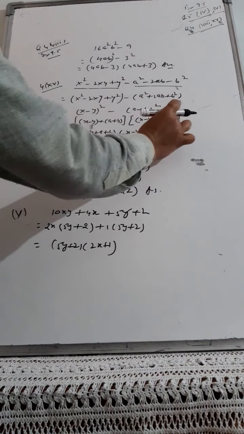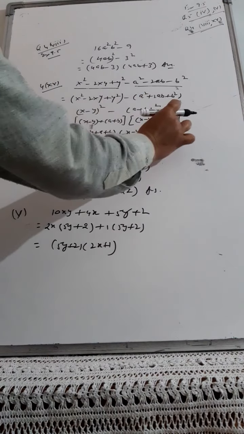Then it is question number 5, fourth part. In the fourth part, 1, 2, 3, 4 terms are there. So make a group of the first two and last two and observe what I can take common from the first two and last two. Here in 5 at 25 is common, y square and y is common. So inside the bracket you will be left with y minus 4. Now here it is y minus 4. Most of the times in the next bracket also you will get y minus 4.